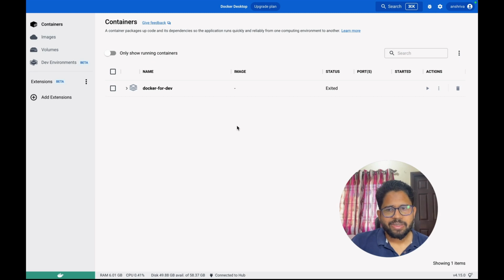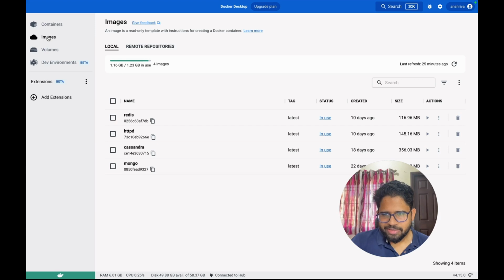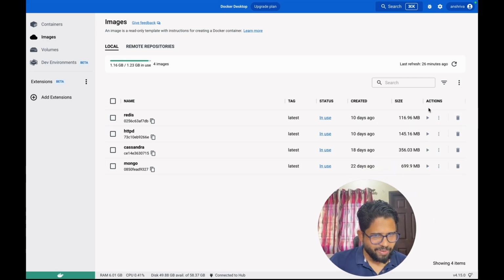There is this Docker Desktop as well, which I quickly want to talk about. In Docker Desktop, you can see everything using the UI as well. You have containers. These are the images which we downloaded. You can see their sizes and all of them are in the stopped state.